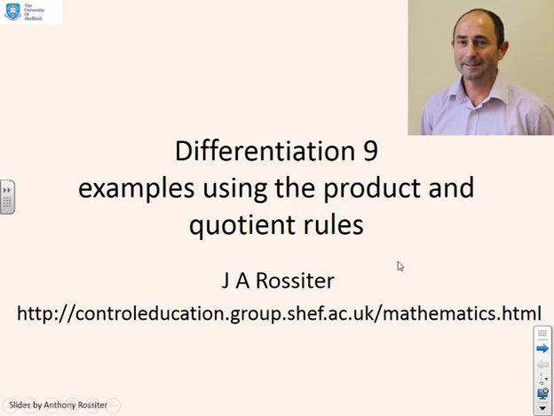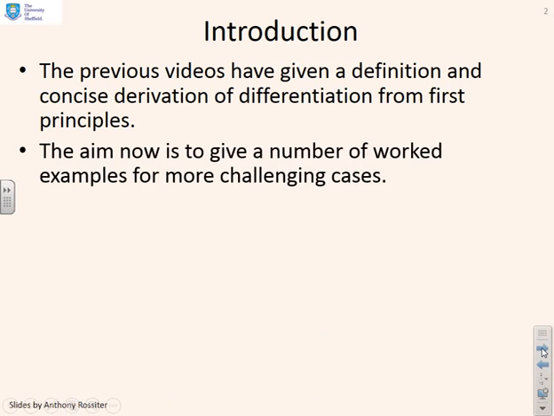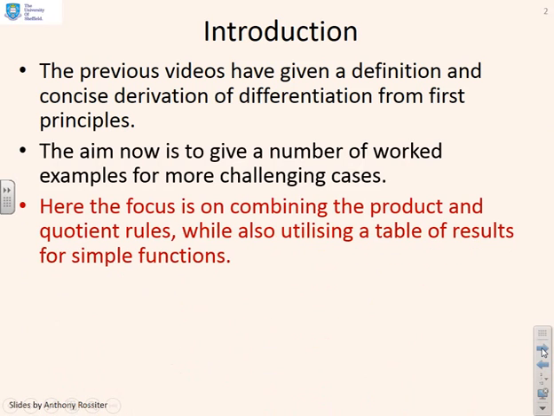This resource looks at examples with both the product and quotient rules being used simultaneously. Previous videos have given a definition and a concise derivation of differentiation from first principles, and now we're looking at worked examples for slightly more challenging cases. Here the focus is on combining the product and the quotient rules while utilising a table of results for simple